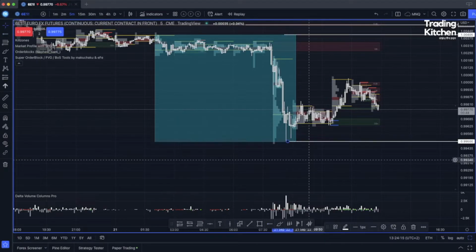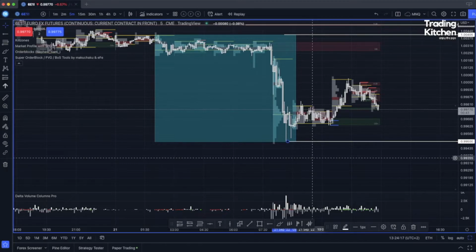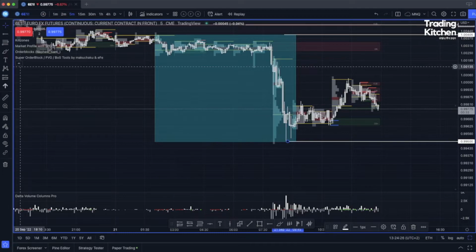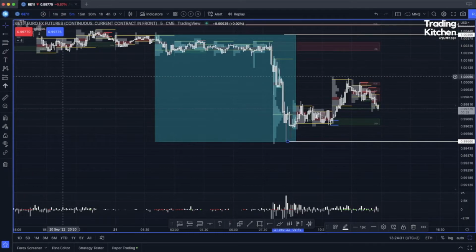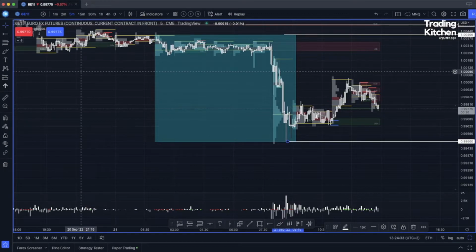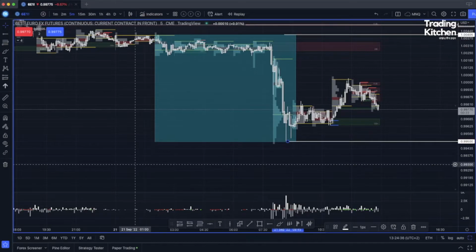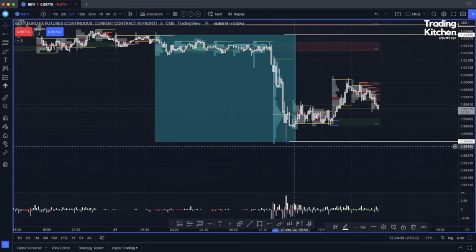Why? Because during the London and US sessions, these are very important levels from which a lot of big movements usually start. A lot of smart money, a lot of market mover manipulation, a lot of institutional manipulation takes place